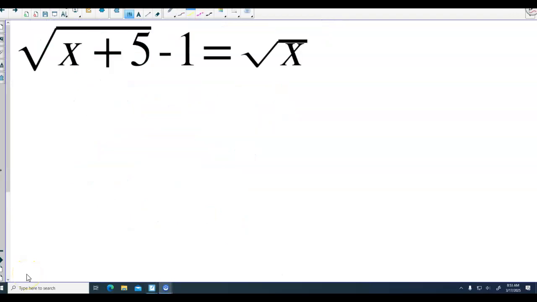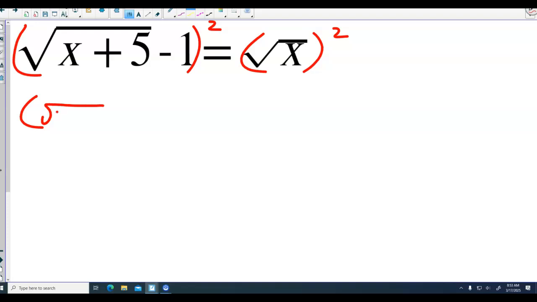Now this is what makes dealing with the radicals difficult. Is something like this where you have something under a radical, something under a radical, and this is not. So what we have to do here is we've got to square both sides. It doesn't help to bring a radical over. And when you square this side, that means the square root of x plus 5 minus 1 times the square root of x plus 5 minus 1